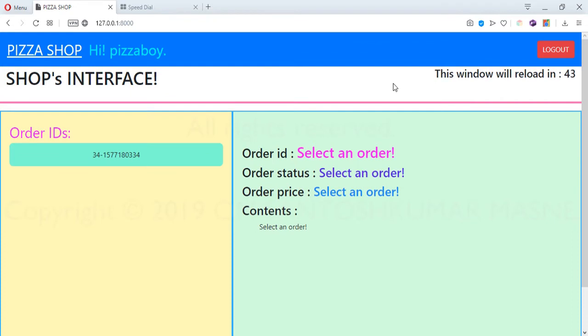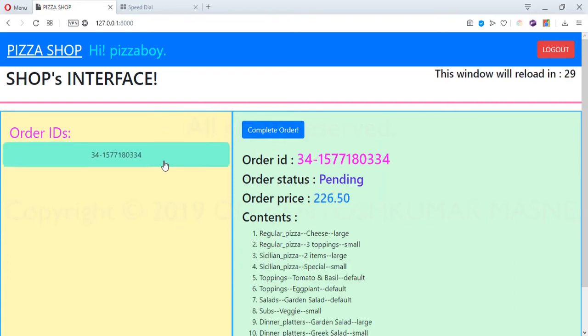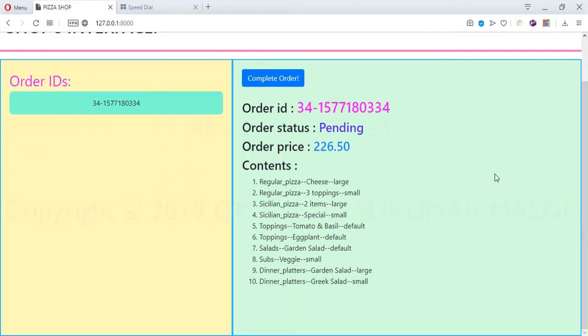When a staff user logs in to the website, the shop's interface is displayed. Here all the recent order IDs are displayed. The shop worker can click on this ID and view the order.